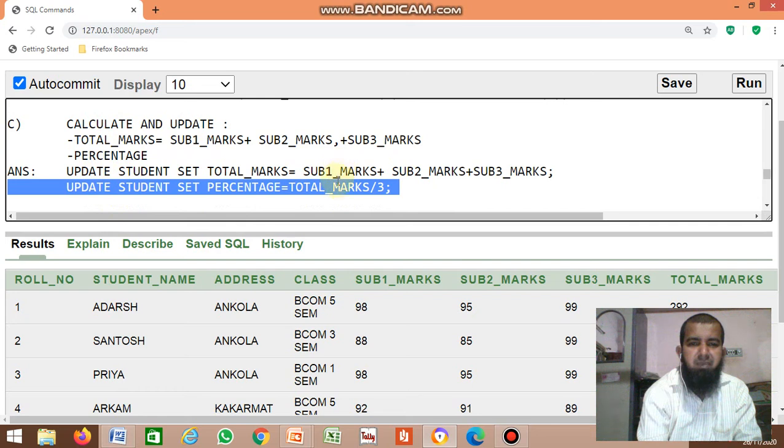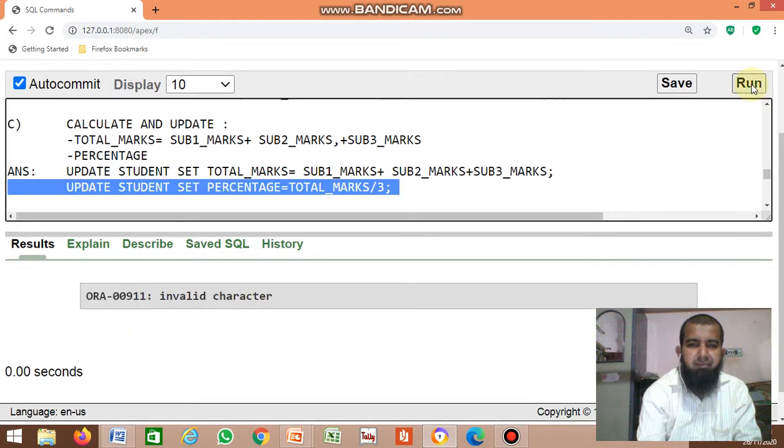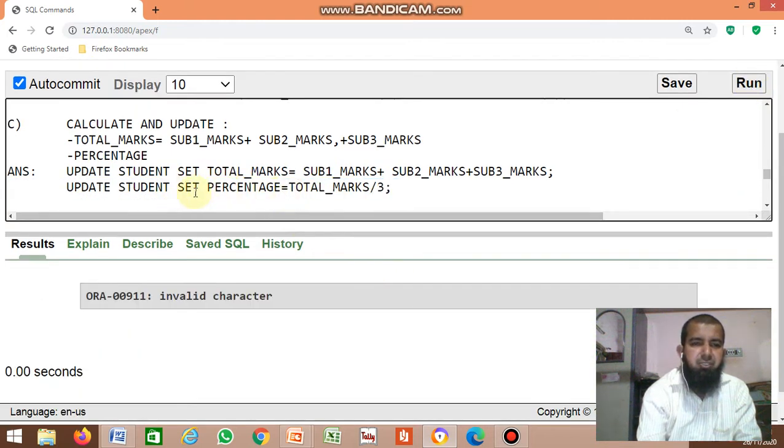Total marks divided by 3. Now you calculated total marks, then divide by 3 because the total number of subjects is 3. If the total number of subjects is 7, you have to divide by 7. Update student set percentage equal to total marks divided by 3.